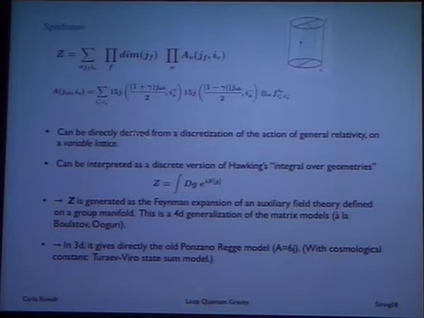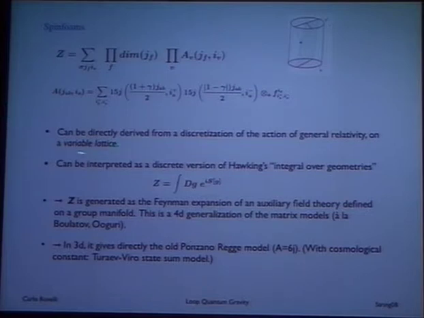Now this formalism, this covariant formalism, I just summarized here. This is the full definition of the theory in the covariant formulation. So you have a partition function which is a sum over spin foams, so these two-complexes labeled by spins and intertwiners. There is some measure factor and the product over the vertices of the amplitude. The amplitude is written here as a function of the j and the i.